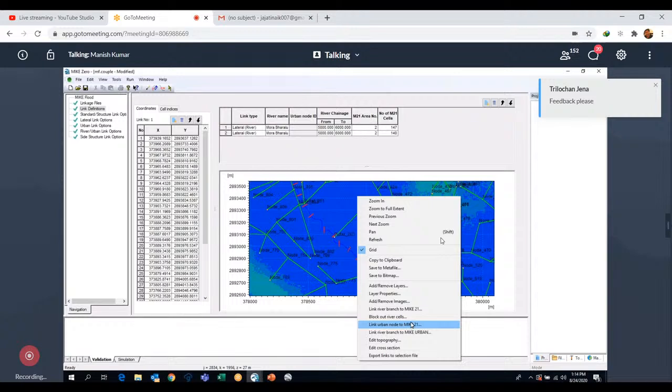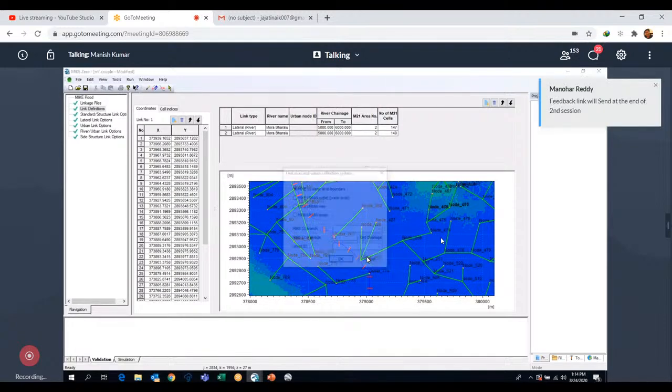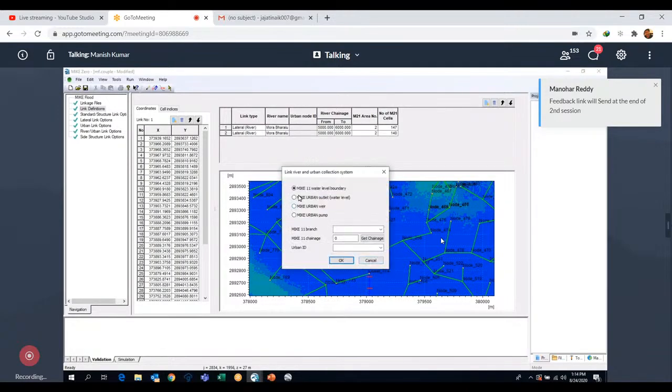And then suppose I want to connect my river branch to Mic Urban, then if I select this, obviously this option will come. Suppose I want to connect only my outlet point to the river model. Then I will have the option, I will select this, and then